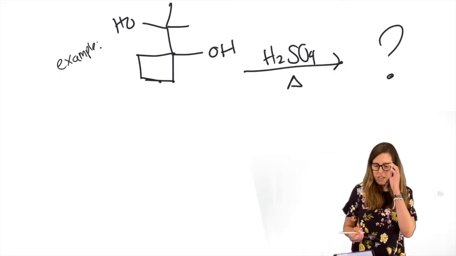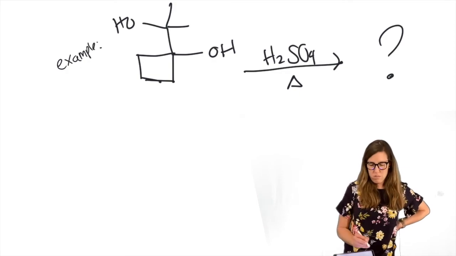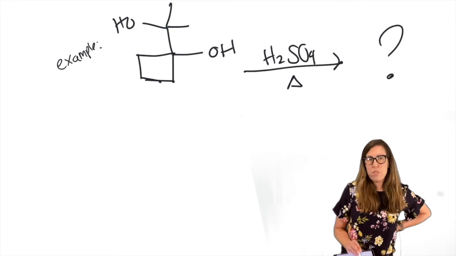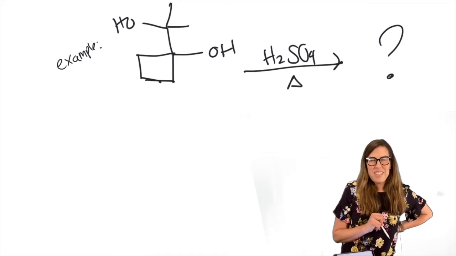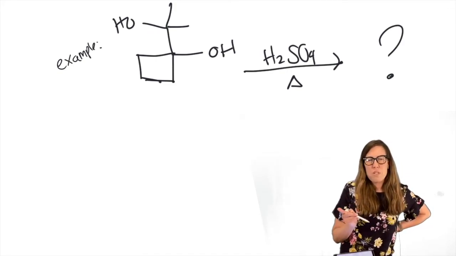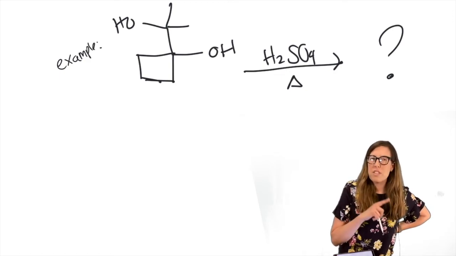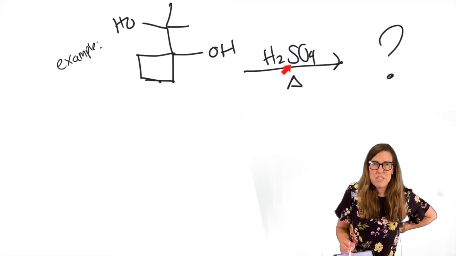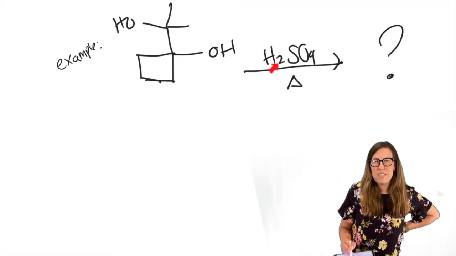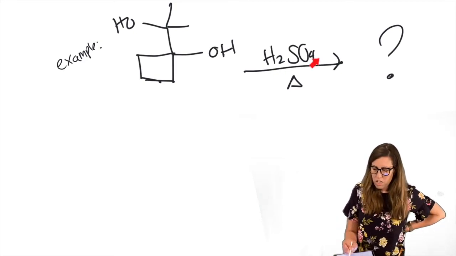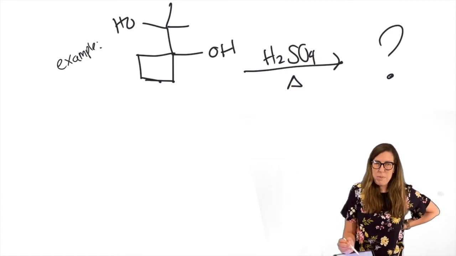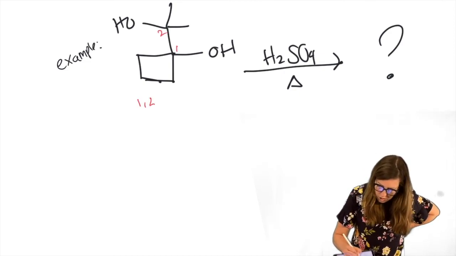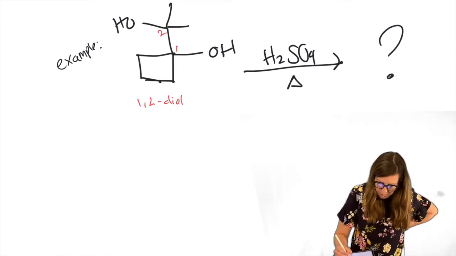I'm just going to give you a little hint. If I looked at that, how would you know it's a pinacol? Well, first of all, you should always say the functional group out loud. I have an alcohol. I actually have 2 alcohols. I have a diol. What do I do that's special with diols? I could do oxidative cleavage, and nope, that's not going to happen. I don't have periodic acid. Oh, I do have pinacol conditions. I have sulfuric acid, sometimes tosic acid is used too, by the way, and heat. Must be pinacol. So 1,2-diol, must be a pinacol rearrangement.